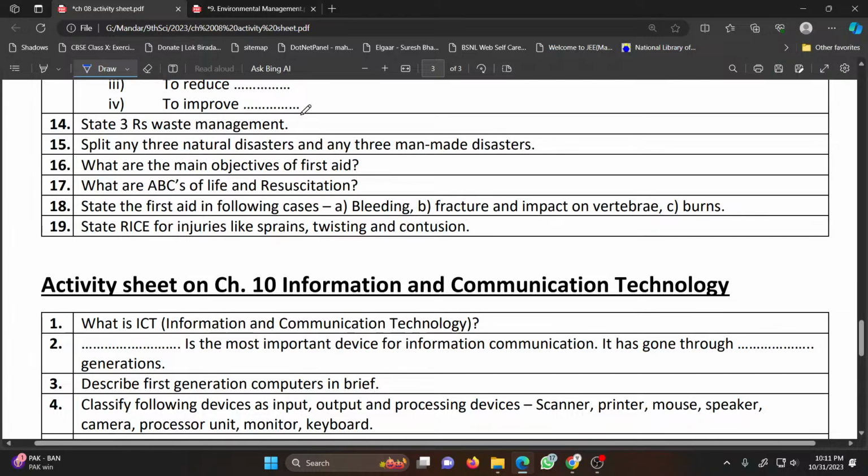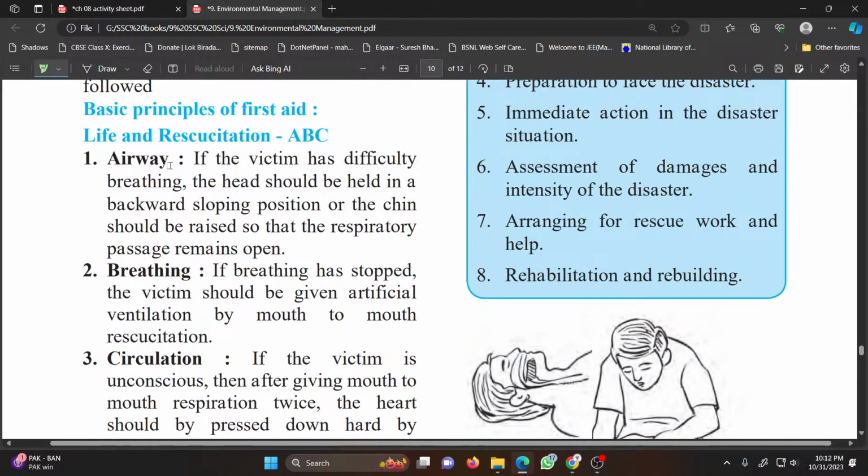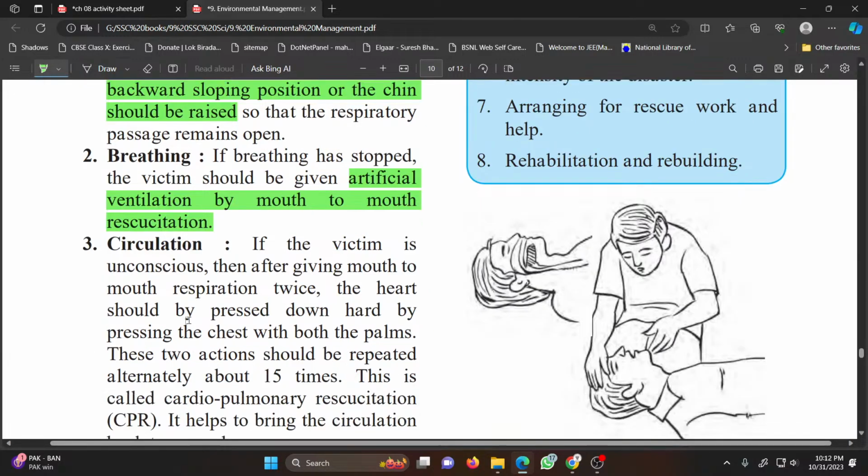What are the ABCs of life in a rescue situation? A is airway. That means if the victim has difficulty in breathing, the head should be held in a backward sloping position, and the chin should be raised so that the respiratory tract is open. If breathing has stopped, then the patient has to be given artificial ventilation by mouth to mouth resuscitation, and circulation. If the victim is unconscious, after giving mouth to mouth respiration twice, the heart should be pressed down